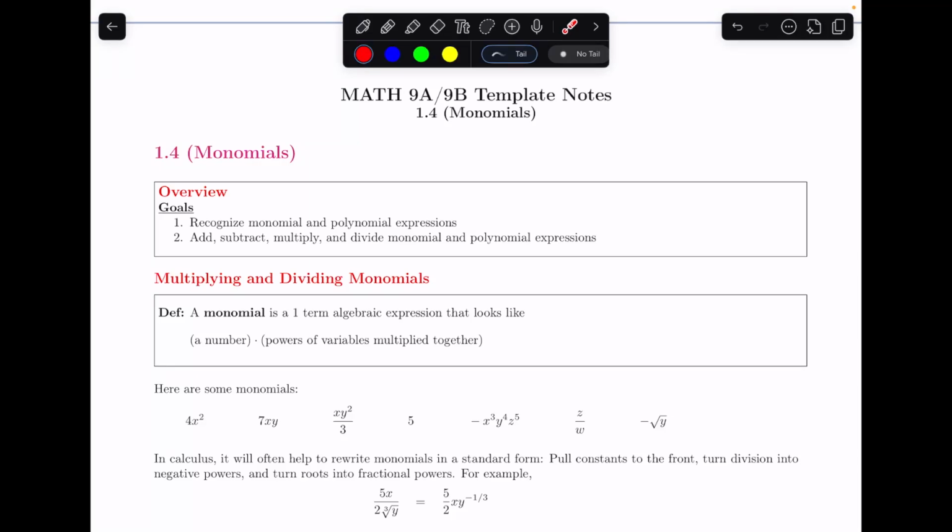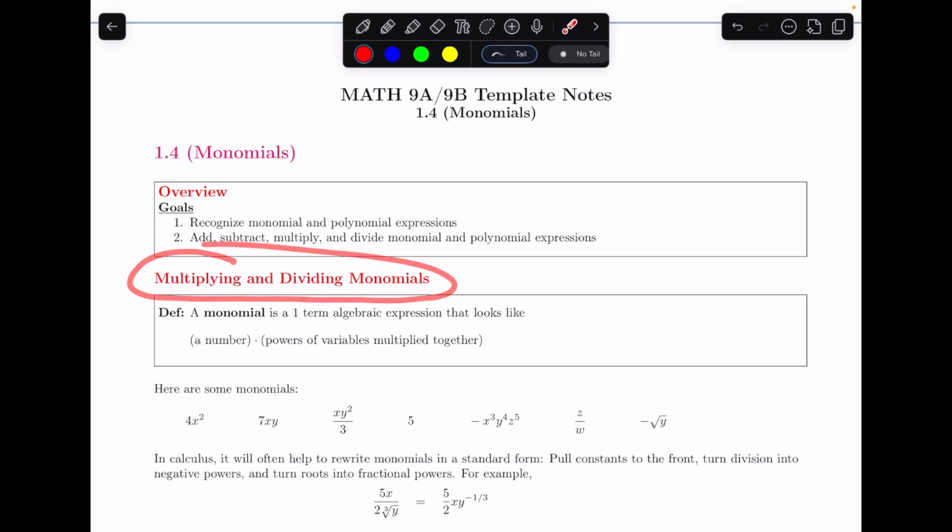In this video, we're starting our section on monomials. So our goals are to recognize what monomial and polynomial expressions are, and to add, subtract, multiply, and divide monomial and polynomial expressions. So in this video, we'll talk about what monomials are and get into how we multiply and